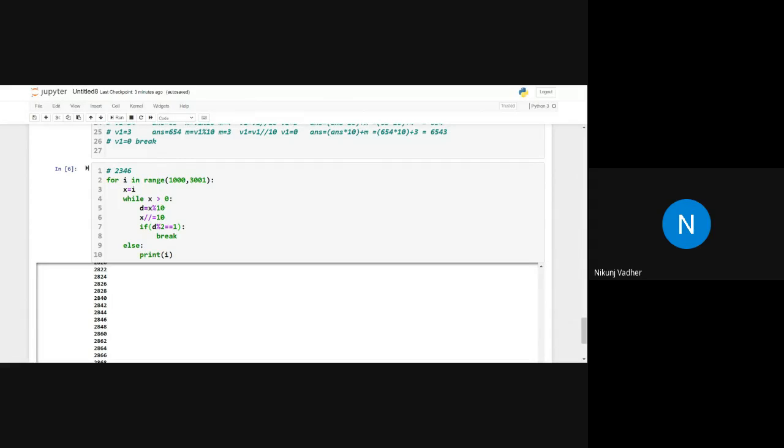So shall we proceed with the next definition? Hello, sir. Yes. Sir, I'm getting 9, 7, 5 as output. Show me your code so I can see. Okay, sir. Just a minute, I'm sharing.